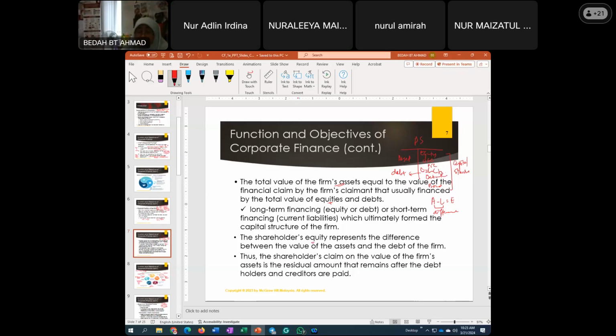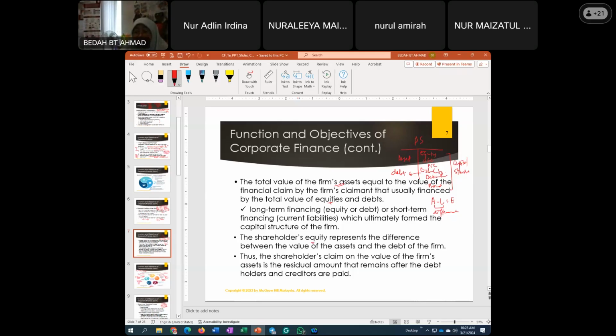So divest, dispose, sell off the assets, and the assets are used to pay the debt holders first. Not debtors, debt holders. Debt holders and debtors are different. Debtors is your accounts receivable asset. Debt holders is your liability. Your creditors are debt holders.